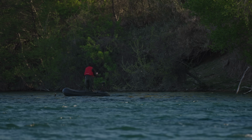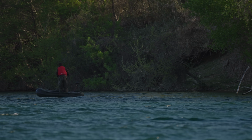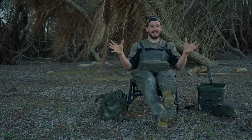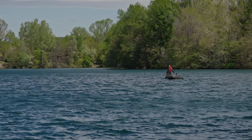So I baited pretty much that whole margin. I would condense areas where I was going to place a rod, but that whole margin did get a bit of bait because I wanted the fish to stay there, congregate in that area, and then drop down on my baited rigs. The spot was about 200 to 250 yards away,